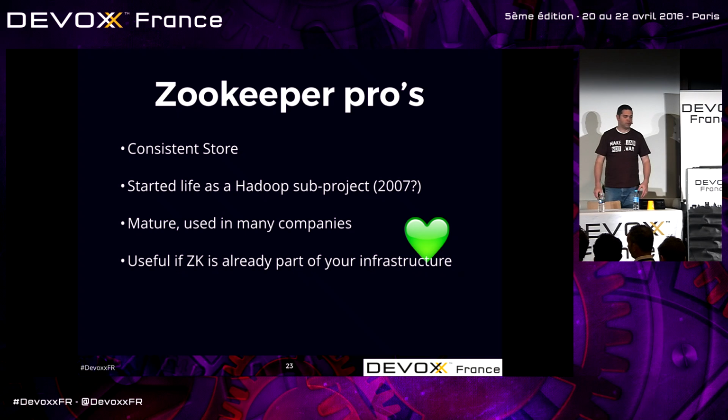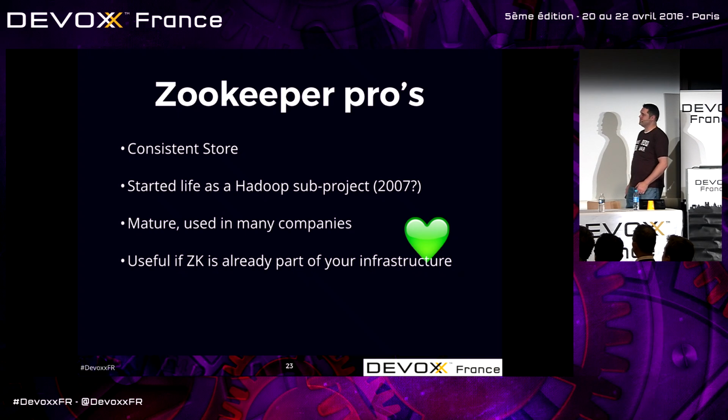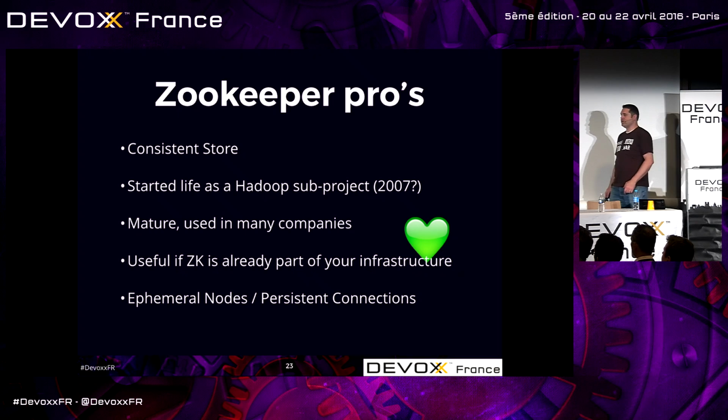And with Spring Cloud's abstractions, it doesn't change your application much at all. In fact, you could set it up with profiles. We've done this. This is how we do end-to-end tests. We have one application. We test it with Eureka. We switch parameters. We test the same application with Consul, and we test it with Zookeeper. So the same application, no changes. It uses ephemeral nodes and persistent connections as its heartbeat, as its lifeline to service discovery, where Consul uses health checks, Eureka sends heartbeats, Zookeeper uses these persistent connections.